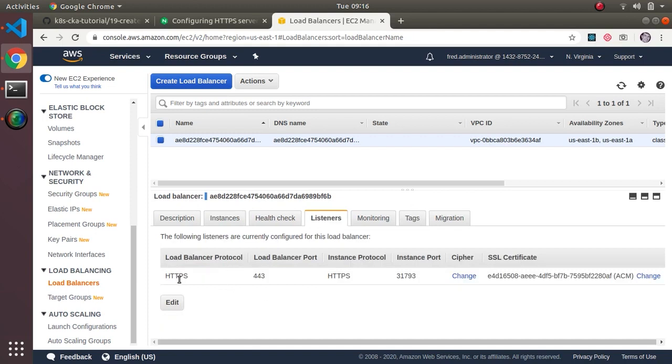I can see that the load balancer is exposed as HTTPS, but the instance is also exposed as HTTPS on port 31793. And this certificate is for this outsider here, right? So should be working. And then the last step of this exercise would be go to